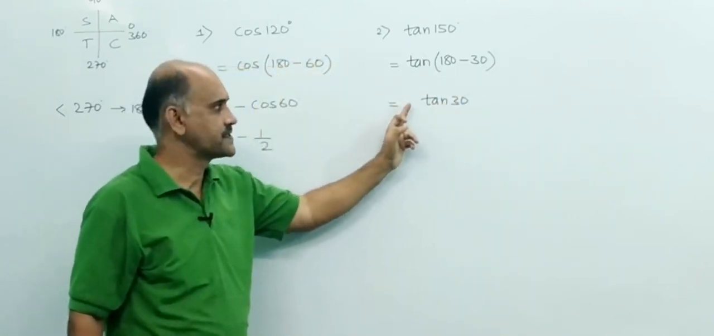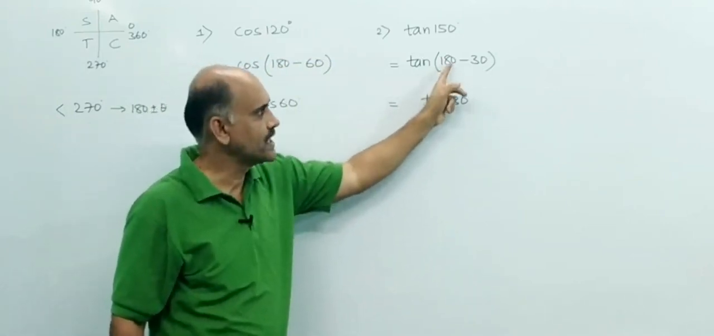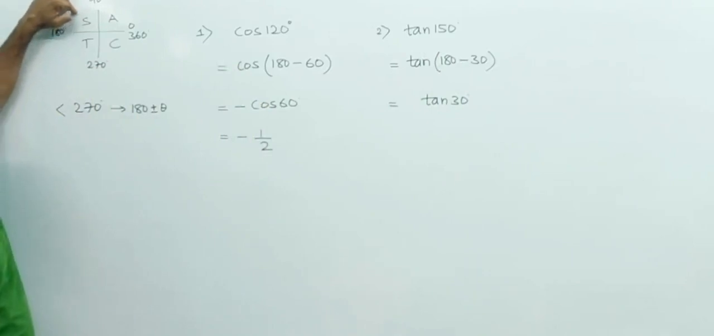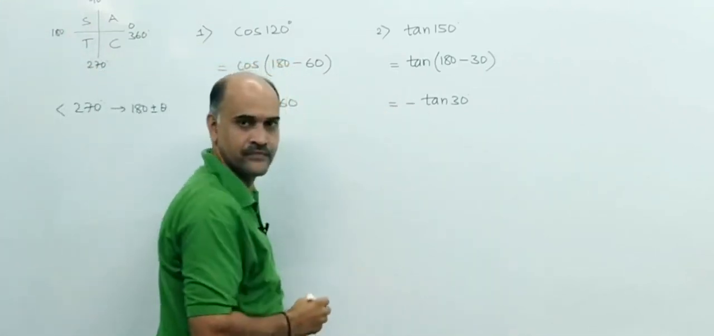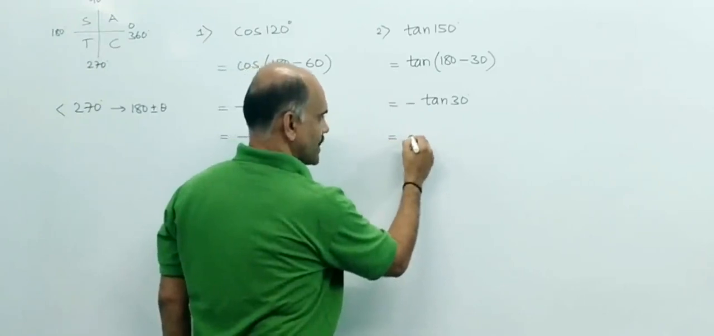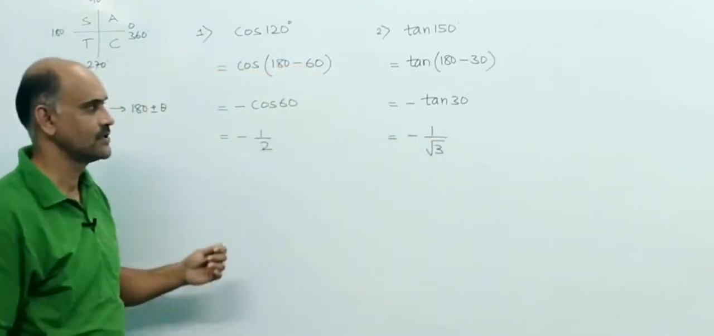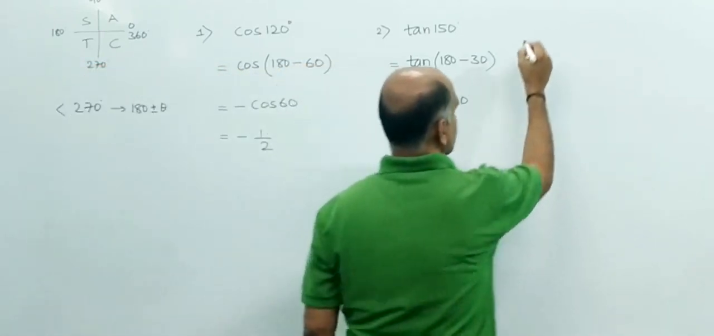Now apply ASTC rule, whether this is a plus or minus. So 180 minus means again second quadrant. In second quadrant tan is negative. So you will have minus tan 30. So tan 30 is 1 by root 3. So you will have answer minus 1 by root 3. Clear, students? Now you can tell me third,